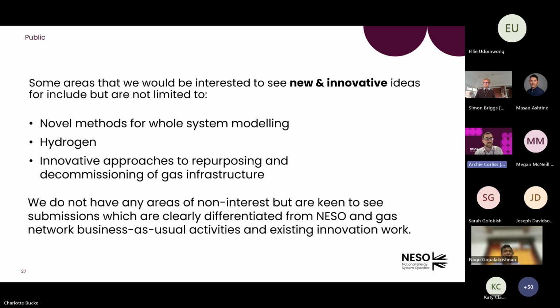I think things like repurposing and decommissioning are things that we haven't seen huge amounts of work go into, and there's quite a lot of uncertainty around things like costs or the potential for the development of these approaches across different vectors, and to what extent we might be able to repurpose different elements of the network. We're not trying to rule things out at this stage, but we're keen to make sure that submissions that we're able to see and support are things that add value beyond what is business as usual, and some things that we've highlighted already.